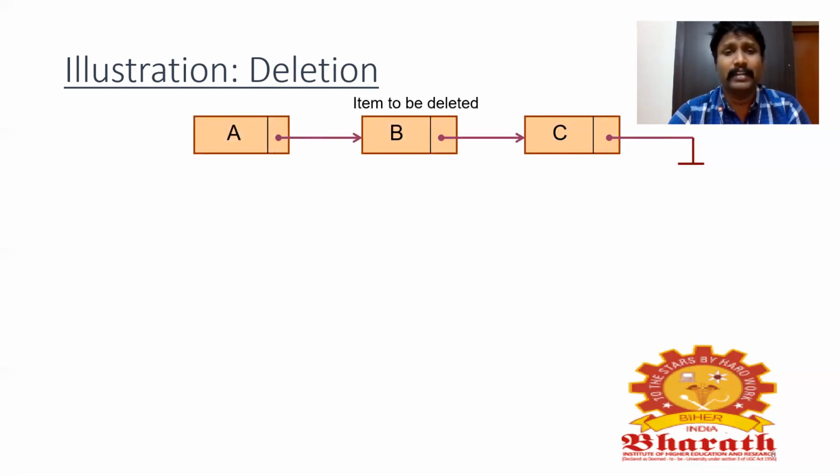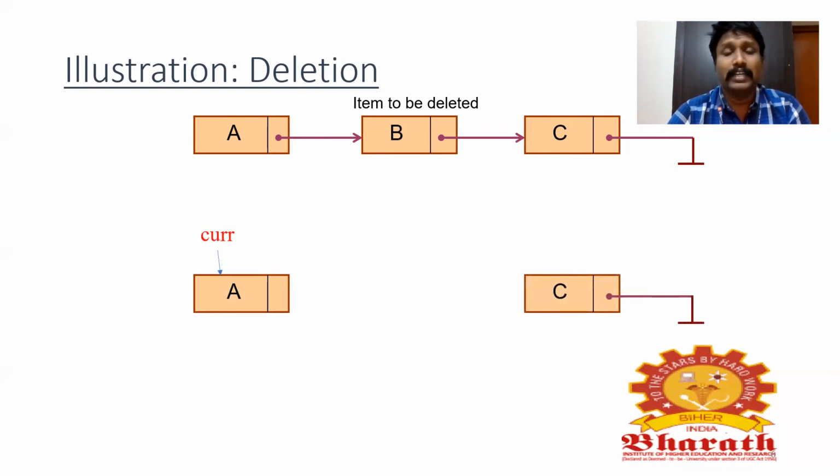Same as that, the deletion process. In the deletion process, the same thing will be done, but there is a small change. But pointers play a vital role in it. Let's assume B has to be deleted. The pointer of A will be storing the address of the last element. Which is the last element? C is the last element. The address of C will be stored in the pointer, so that a traversal will be created from A to C by neglecting B.